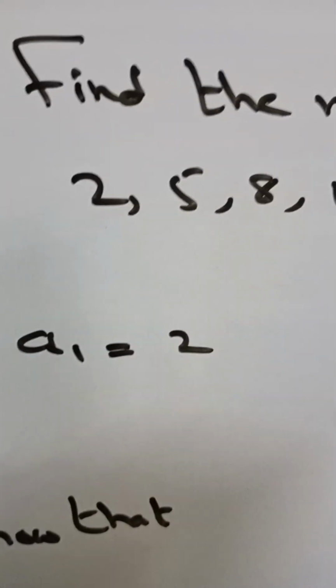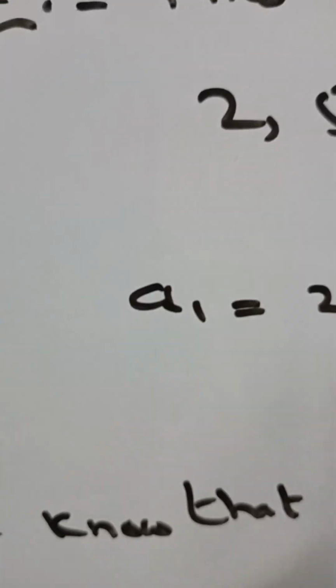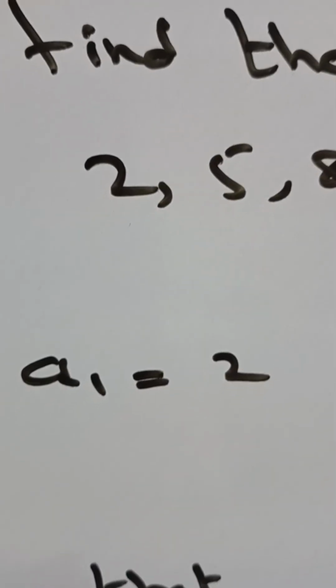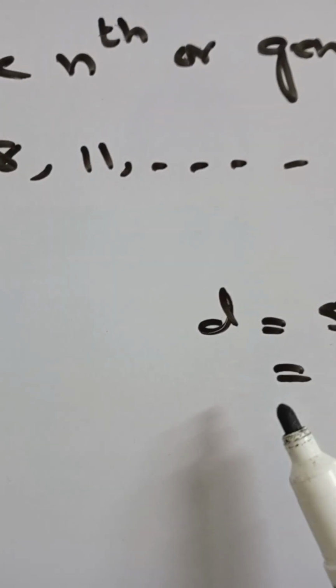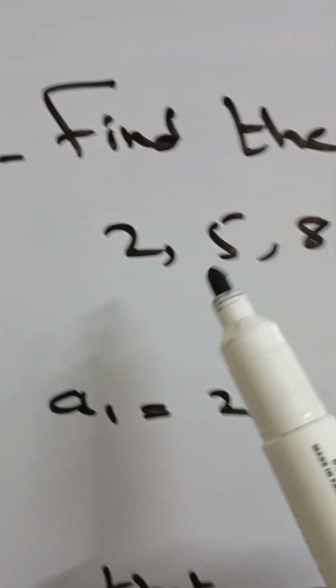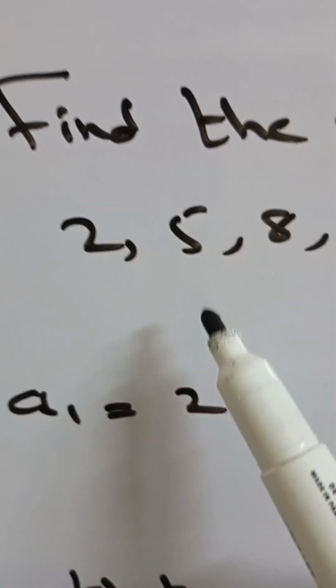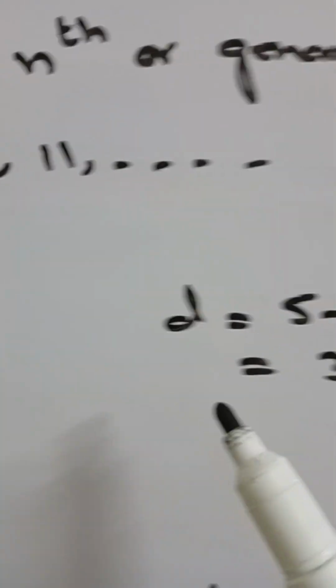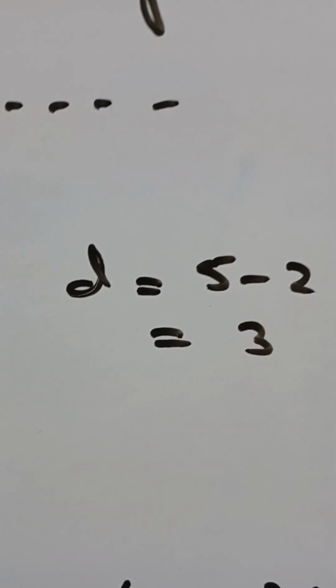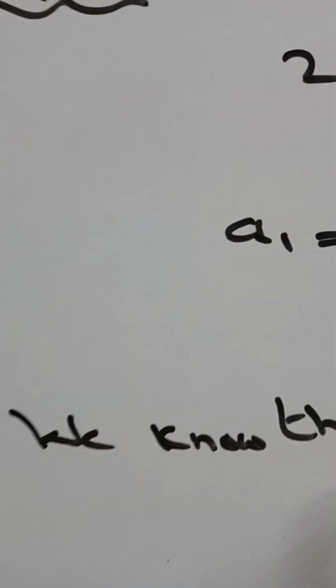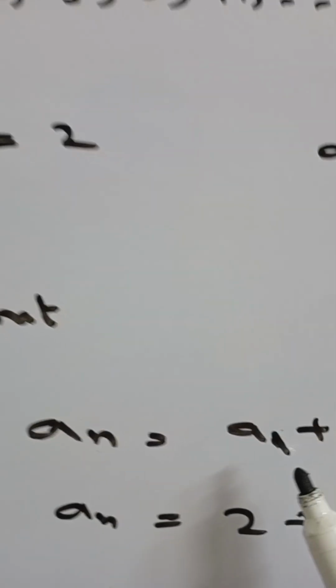Okay, example. Find the nth or general term of the arithmetic sequence 2, 5, 8, 11, and so on. As you know, a1 is the starting point, the first term, that is 2. Now what is d? D means difference. What is the common difference here? 5 minus 2 is 3. 8 minus 5 is 3. 11 minus 8 is 3. So the common difference is 3. You got it? Now we know the nth term, or general term, an equals a1 plus